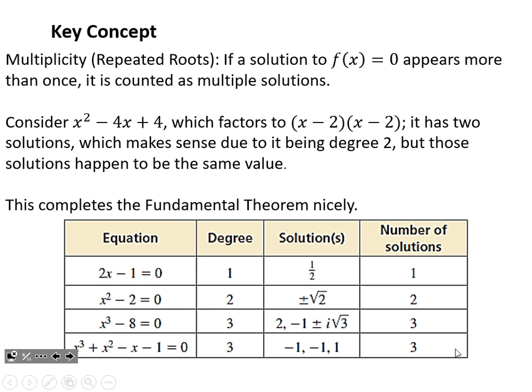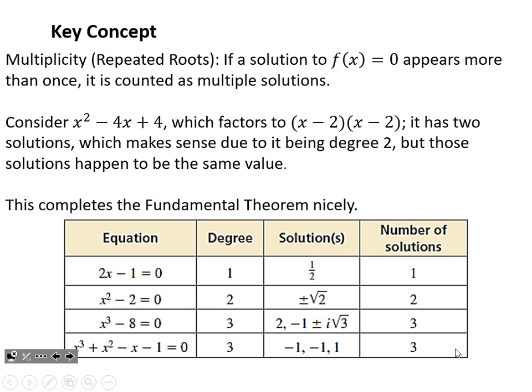All right, now I had mentioned a little cryptically at the start that oh wow, we have a 12th degree. That doesn't seem right. We only have 3 terms in our polynomial. How can that be happening? Well, it is possible for a zero to be repeated. So if a solution appears more than once, if we were to factor the whole thing out and we see the same factors making the same solutions over and over again, those count over and over again. So this completes our fundamental theorem.